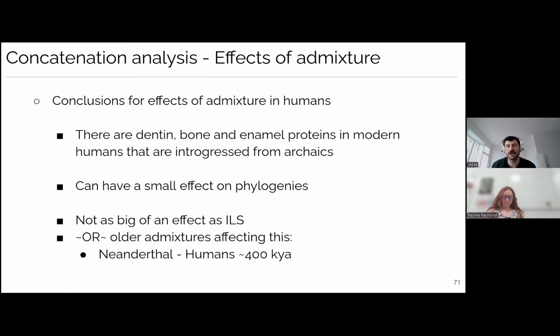For example, we know there was an admixture between modern humans and Neanderthals that happened around 400,000 years ago. And there are a lot of papers supporting that Denisovans had an admixture with a ghost lineage, or a Homo erectus, or something other archaic. We don't know exactly when. But either of these two admixtures happening a very long time ago could possibly affect our results, making humans and Neanderthals look closer and Denisovans the outgroup. But unfortunately, there is no DNA data to be able to check for this.